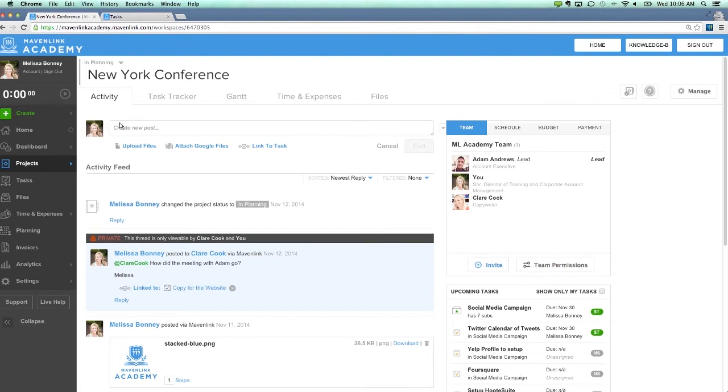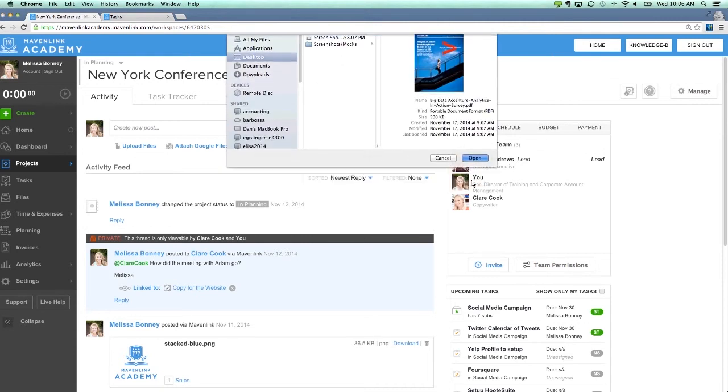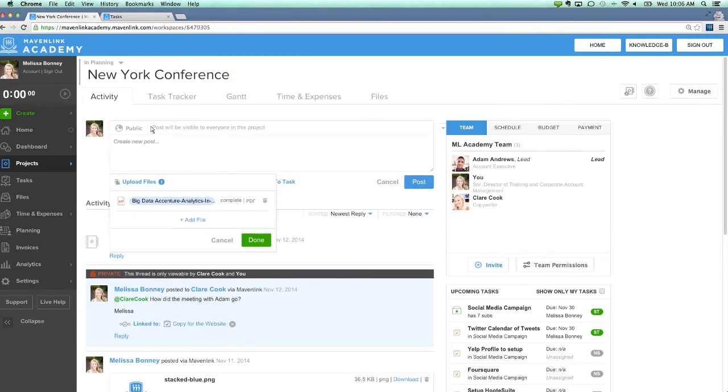So when you're working within your projects and now you want to share some files, I'm going to grab a file here and I'm going to open that and share that into this particular project. Now I want this to be a private message between Adam and myself. This is a document that I want Adam to take a look at prior to us sending it over to the client. So I'm going to go ahead and mention him as well,